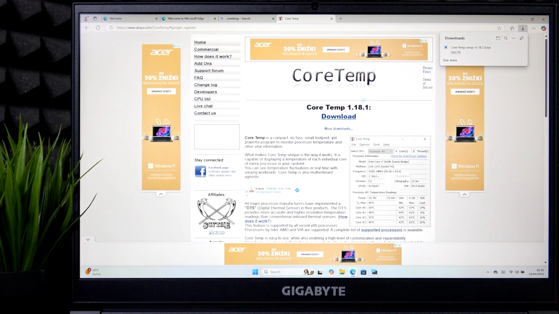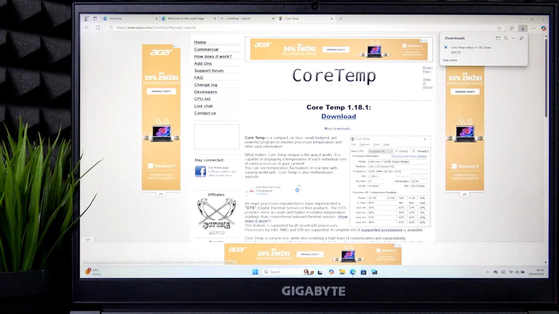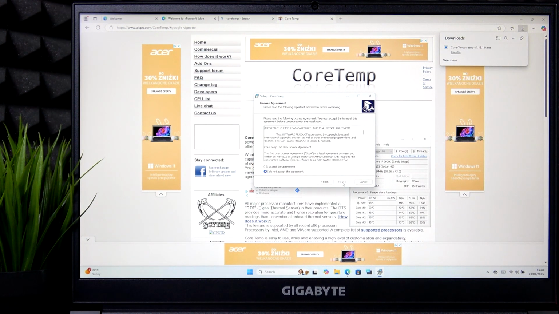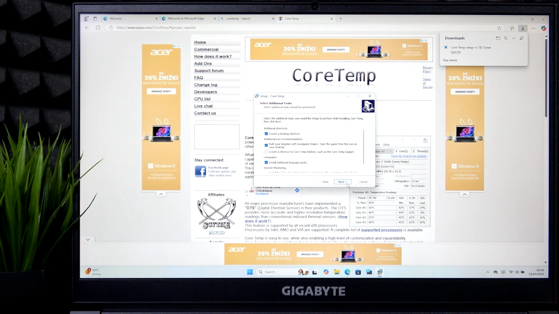I can open the file. Click on yes to give it administrator privileges. Next. Agree to the agreement. Next. You can change the destination location or leave it as it is. And now what I recommend doing is, first of all, unselecting build your own kingdom something, because it just